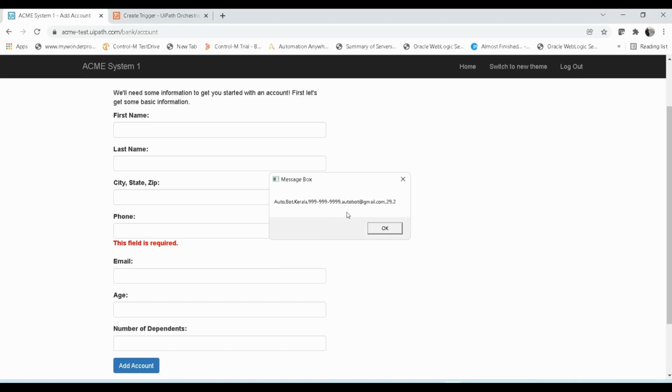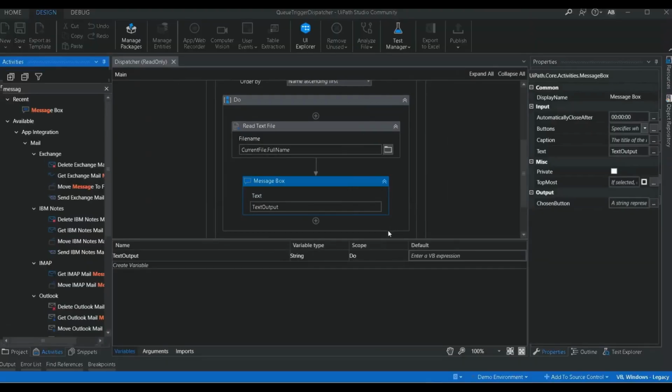Okay, so it opened up that file which we created, the sample.txt file, and it read all the values. These values are separated with commas, right? So you need to split this with a comma and add it to the queue. For that, what I'm going to do is